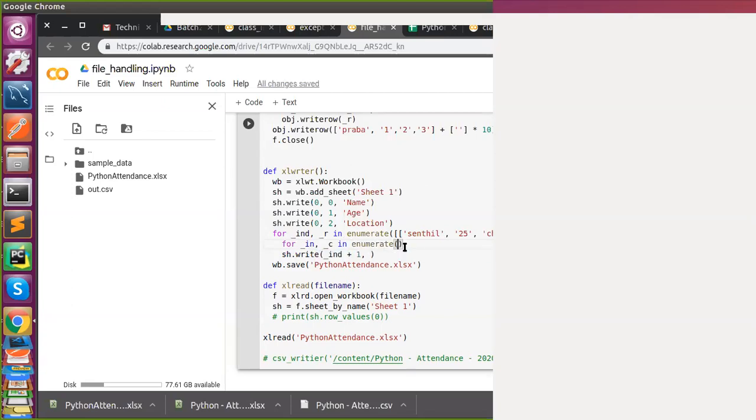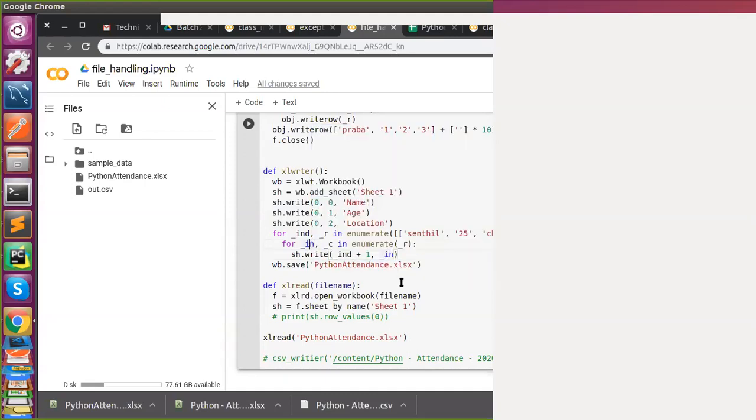Otherwise, I need to hard code everything like 0, 1, etc. So here I'm using a for loop to automate it. That's it. So I already have a row, right? Enumerating it, in such a row, index is this one plus 1, and for column we can keep it as it is, 0, 1, 2, 3. That is what we want. So just keep it as it is.